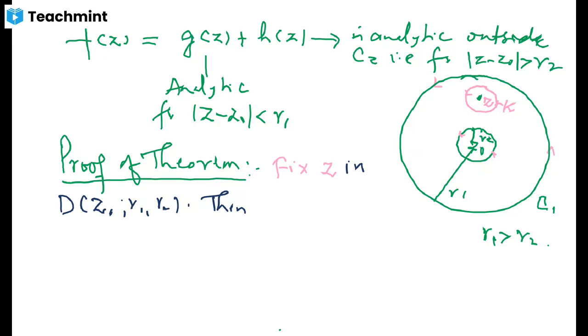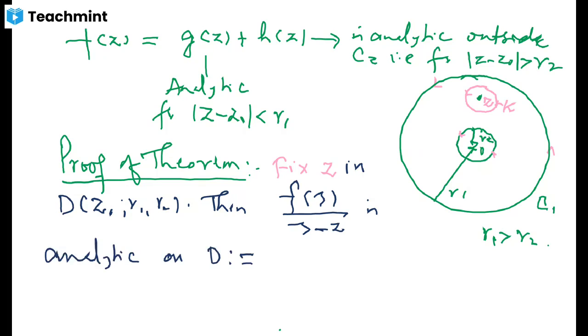This function f(zeta) over zeta minus z is analytic on D. What I am denoting by D is this annular region D(z0, r1, r2),